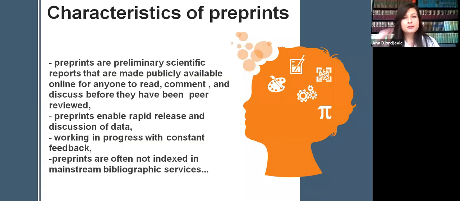There are some characteristics of preprints. First, preprints are preliminary scientific reports or full draft research papers that are made publicly available online for everyone to read, comment, and discuss before they have been peer reviewed. Preprints enable rapid release and discussion of data. Work in progress with constant feedback is also an important characteristic. And preprints are often not